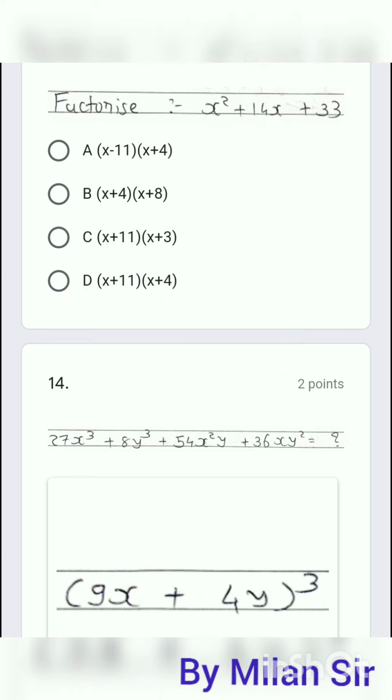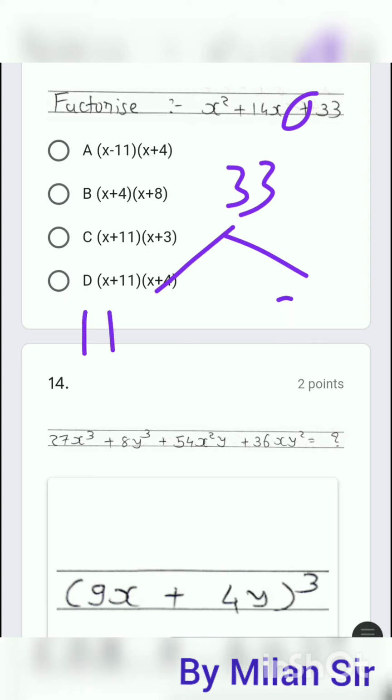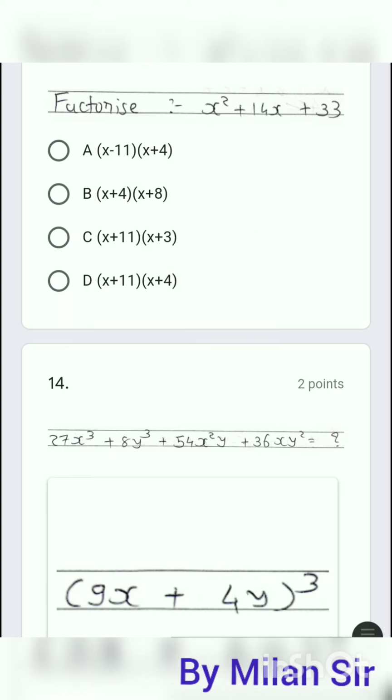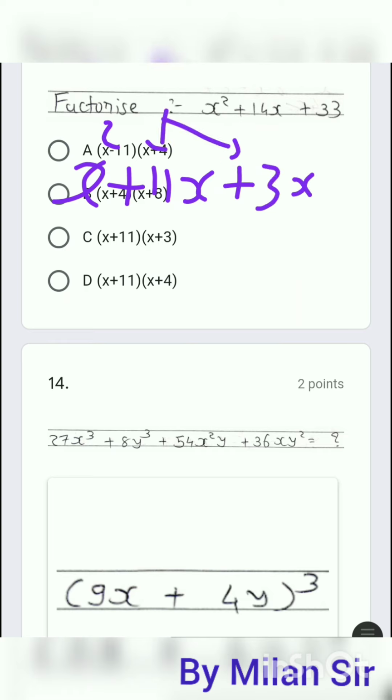So we can use these two factors. One more thing, here we have a positive sign, right? So here we need to give the same sign to both these factors, and that same sign is the middle term's sign, and the middle term has a positive sign. So here we need to give a positive sign to both these factors. Okay, so x square plus 11x plus 3x, our two factors 11x and 3x. Okay, middle term splitting, so in place of the middle term we need to write these two factors, and plus 33.